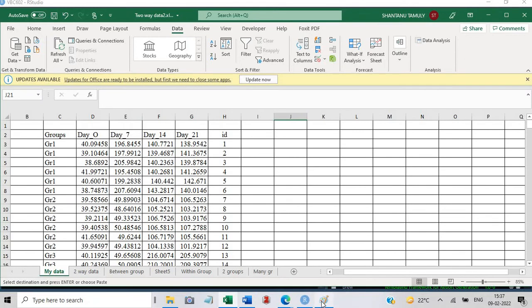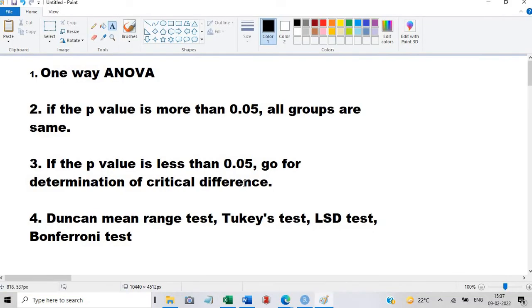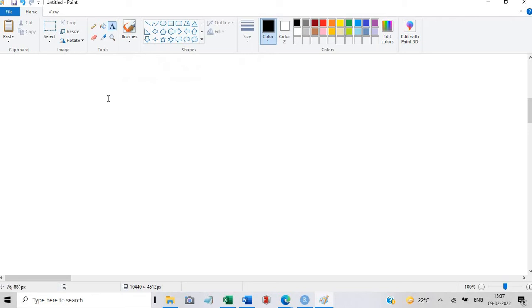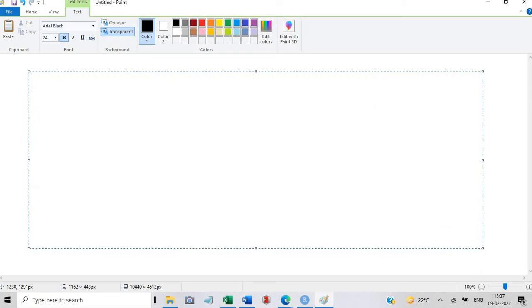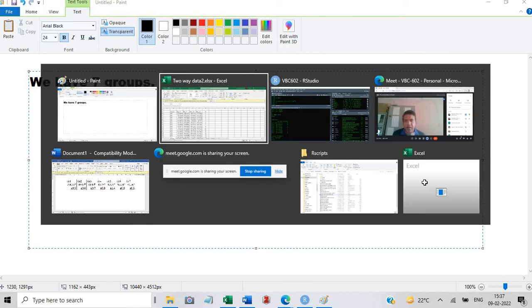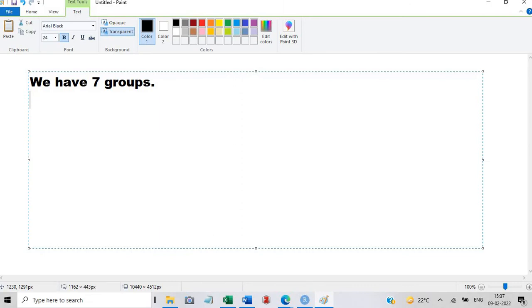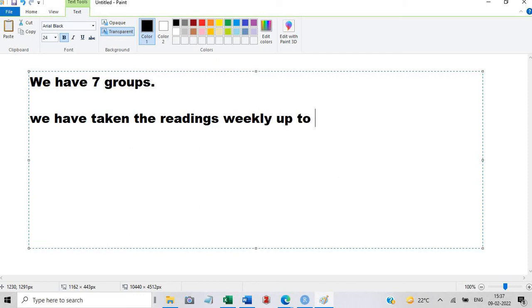Now, when we carry out the two-way ANOVA, let us assume that we have seven groups, and we have taken the readings weekly up to say 21 days.